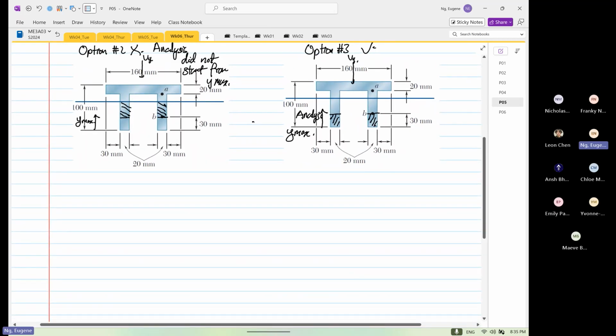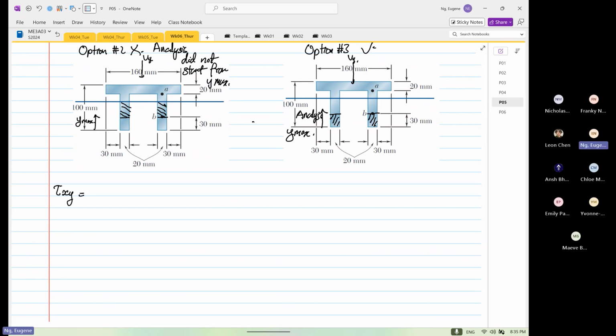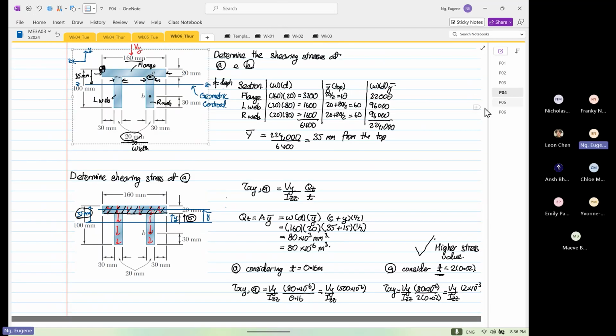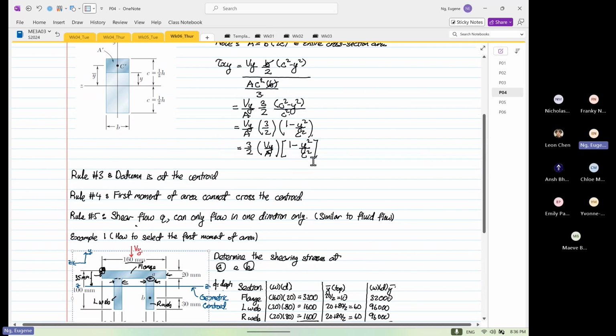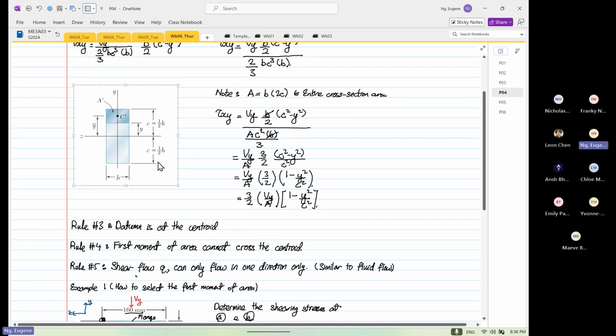So remember, we derived that shear xy is equal to 3/2 Vy over A, and then we have 1 minus y squared over c squared, right? We derived this, and what we realize is based on this configuration,